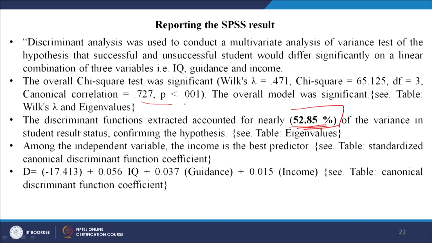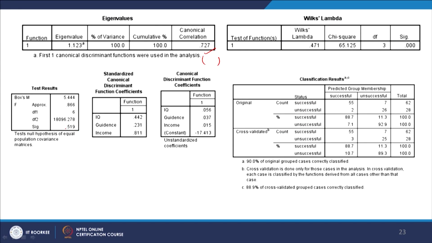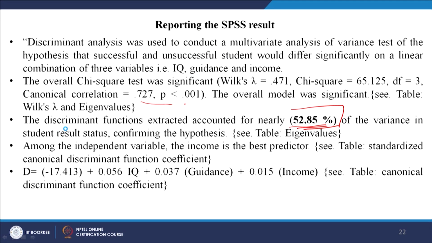Now, the third table was this Box-Sum test. Whether I have mentioned it here or not, let me see. If it is not mentioned, you need to mention it, right. So, from the Box-Sum test we found that the null hypothesis, that there is no difference among the groups, was found to be true. That you can also report. Okay.